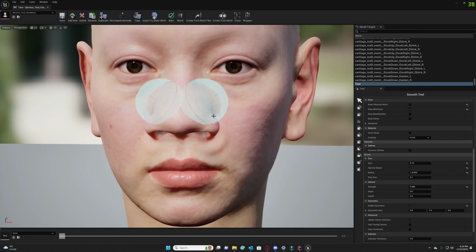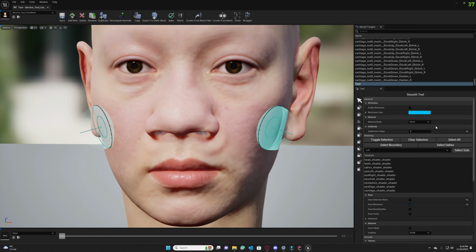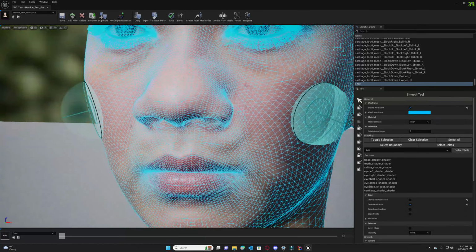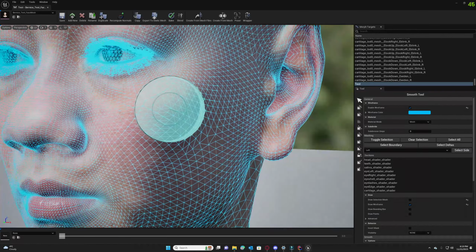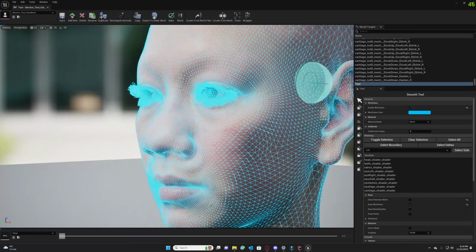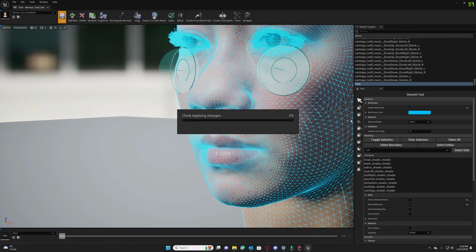Yeah, and now that we have our morph target ready, this will be reprojected to the initial subdivision level, right? With the subdivision level 0, right? So if, for example, we switch here to subdivision level 0, we will see that our morph target replicates exactly what we created at subdivision level 2, right? So if we save it,